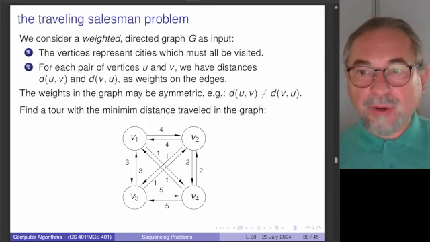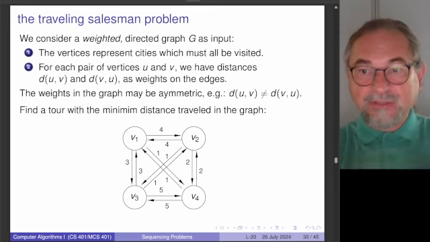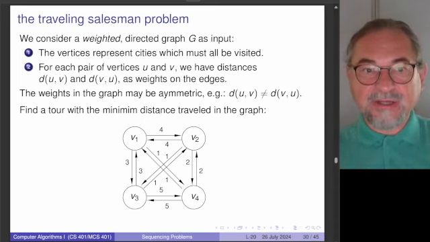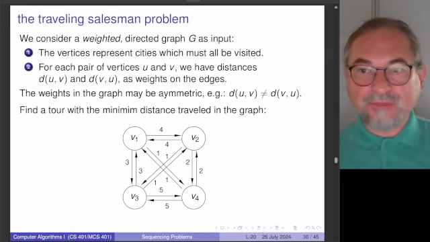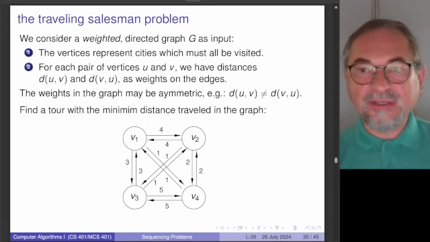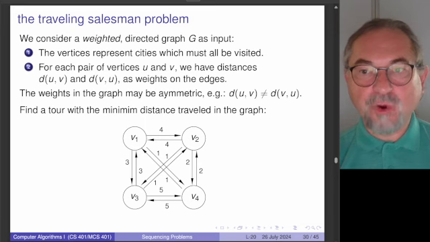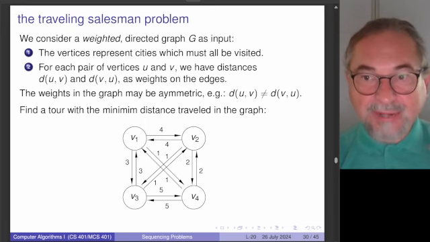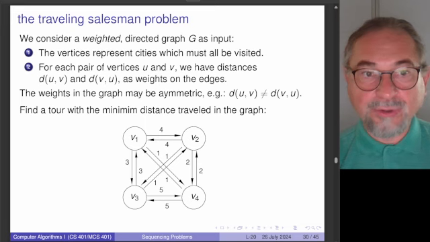But here now the problem is to compute a tour that visits all these 4 cities, so that the sum of the edges that you visit is smallest. So if you want to solve this problem economically, you're interested in the tour with the smallest length. So in the practical sense, this is again an optimization problem. We can